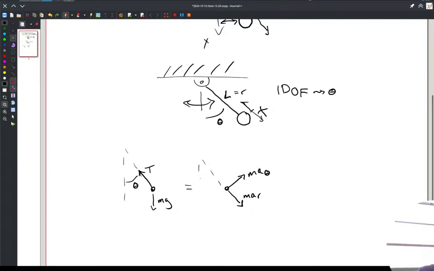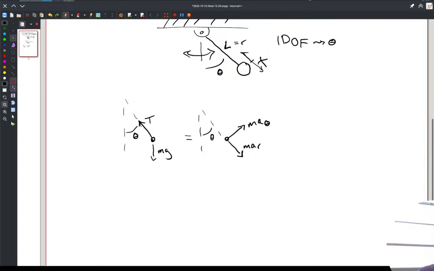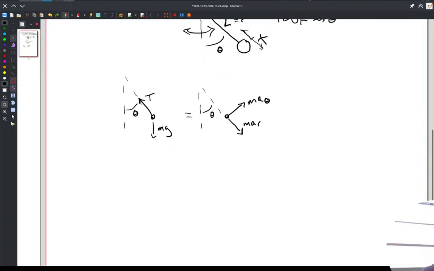If the pendulum is at an angle, m a_theta is 90 degrees to that angle, m a_r is parallel to that angle. And now if I just sum the forces along that a_theta direction, I'm doing that because I already know how this all works out, I can say m a_theta